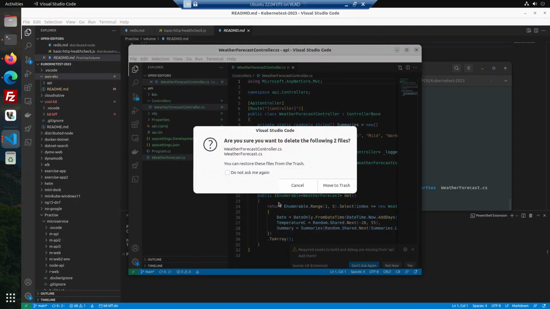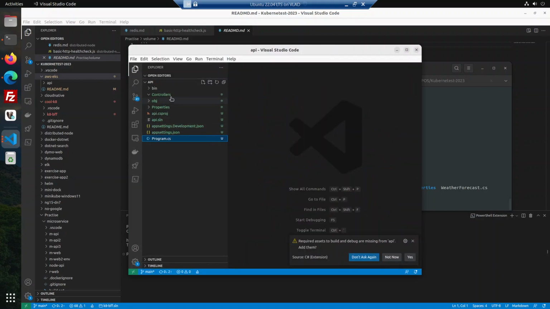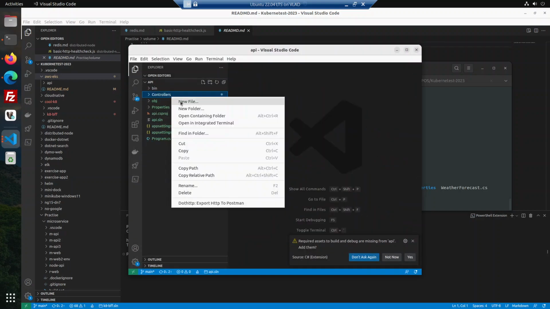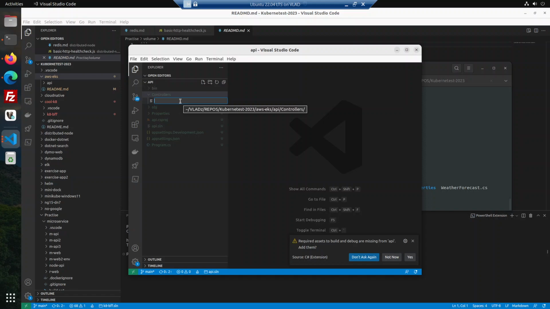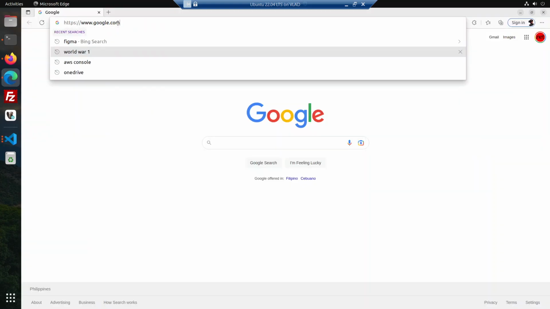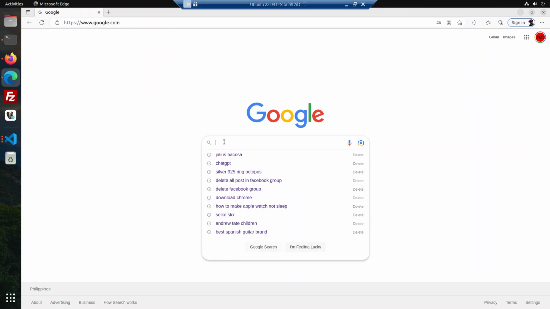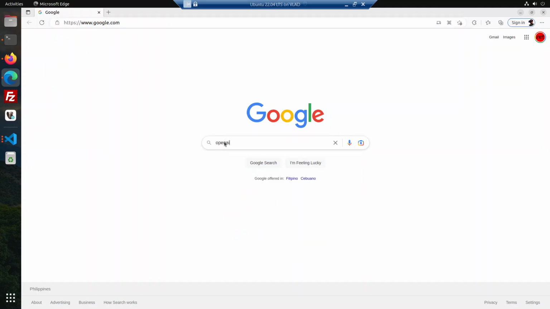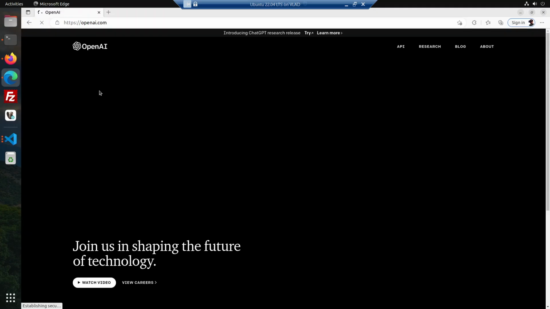And we can also try to use ChatGPT to assist us here. So here we can say customers controller.ts. So if we go to OpenAI here, OpenAI, ChatGPT,